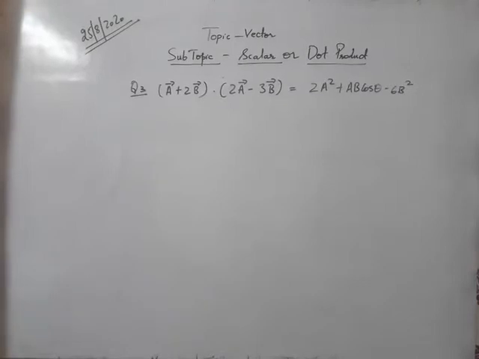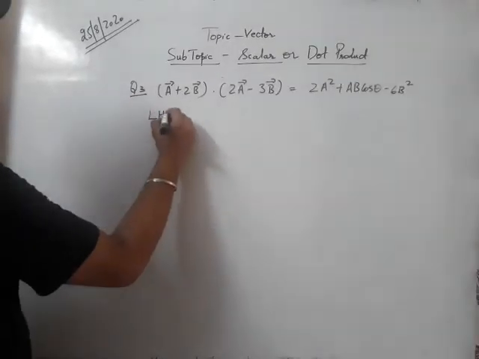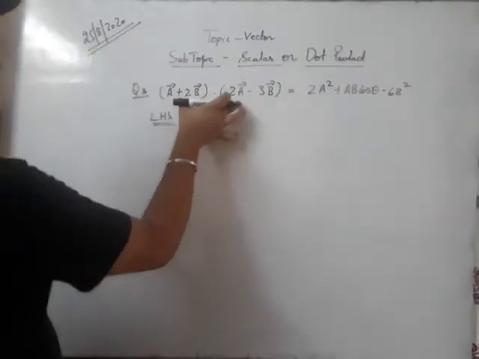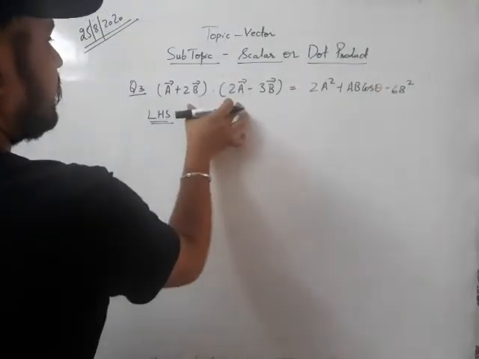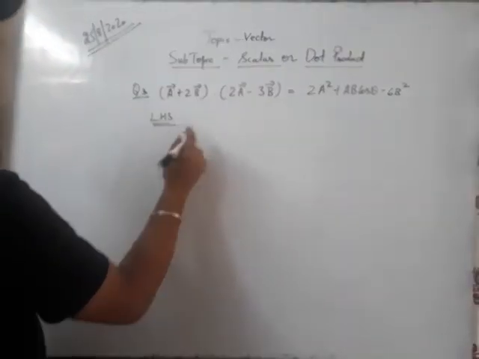Now the question based on dot product is given, with left side and right side. So we will be taking the left side for proving the right side. The left side is given, and we have to prove this thing is equal to this thing. So taking the left side and opening the bracket, firstly a dot 2a,